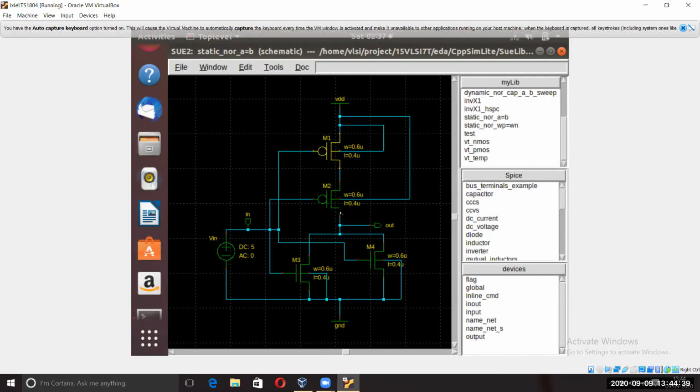Fine. So this is the arrangement, and what I have done in this schematic. Can you understand the connection? This M1 I have connected to here, and this M2 I have connected to this. M1 is B, and it is connected to NMOS B here. So M4 is my NMOS B, and M1 is my PMOS B. Similarly, PMOS A is M2 and NMOS A is M3. I've connected both of them.